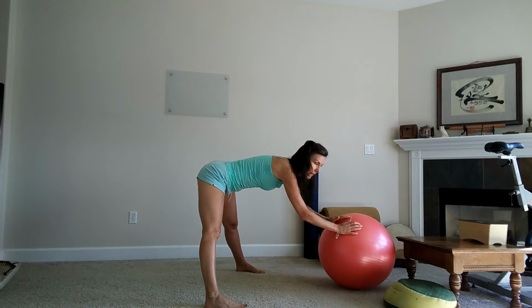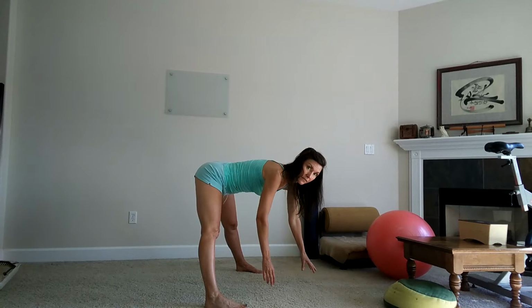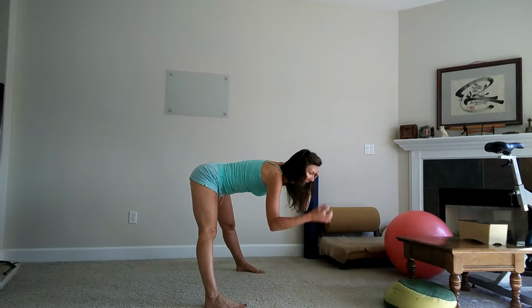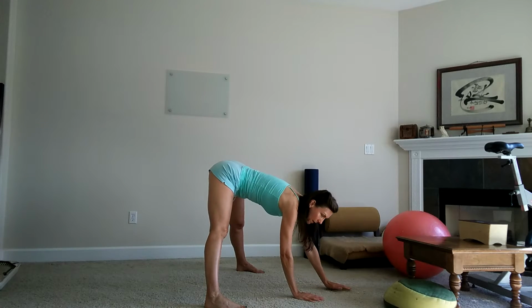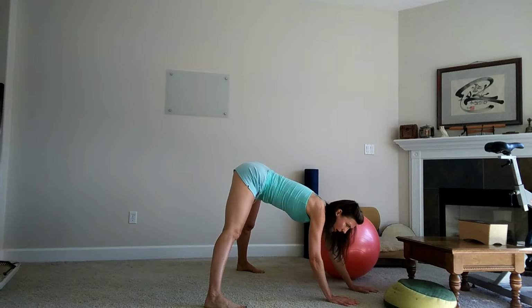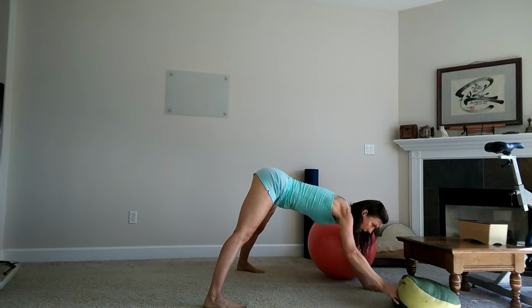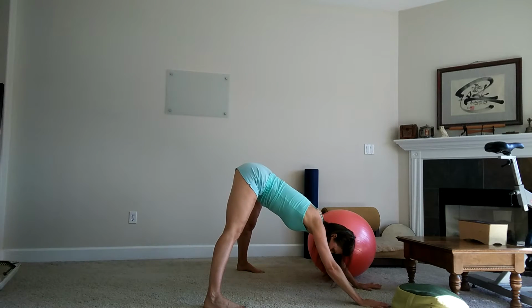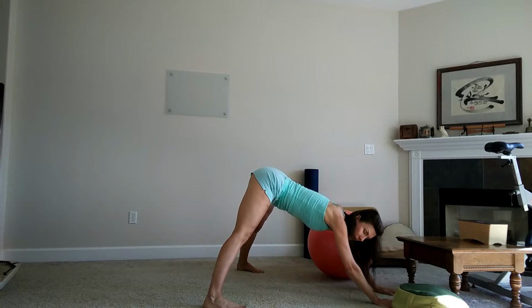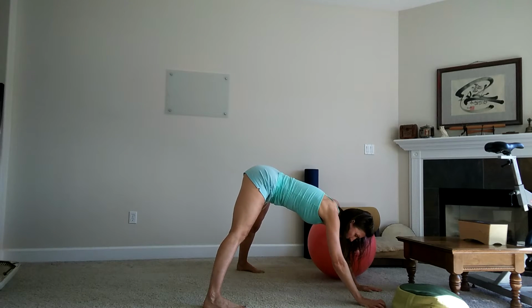Remembering to breathe. I'm going to show you one other variation of this, and that is the wide-legged down dog. I love doing that. A lot of times people are not able to do down dog with legs together. All you need to do is just walk out a little bit further. And as you do, we can press the hips up towards the sky. You can even take it out further, and that's going to deepen the calf stretch in there. All right, so from here,